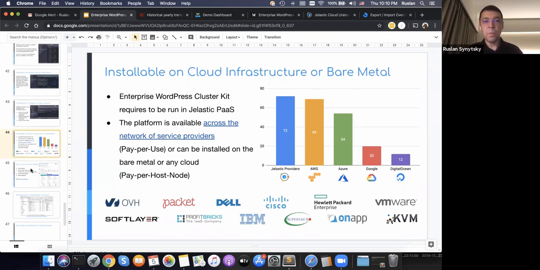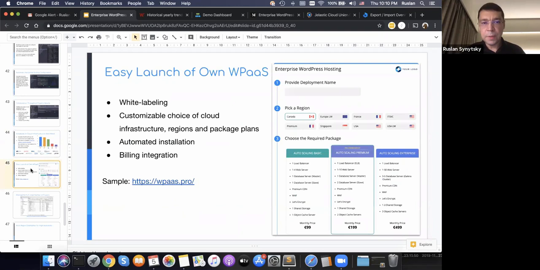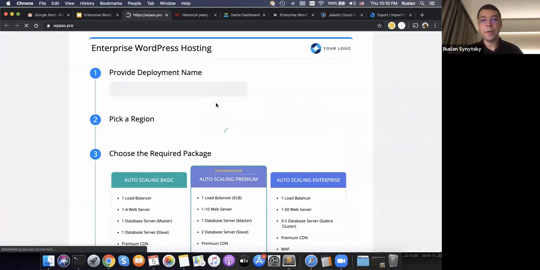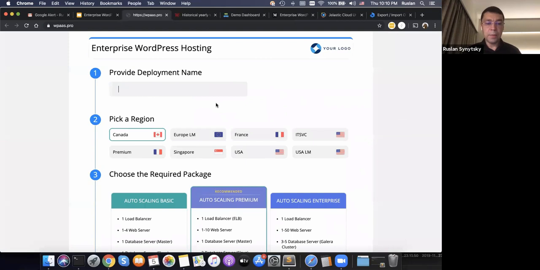And answering the next question, is it possible to white label this to your customers and offer it? Yes, it is possible. We created an example landing page, which is connected to our demo cluster. I can write, okay, my VP cluster. It checks if this name is available.